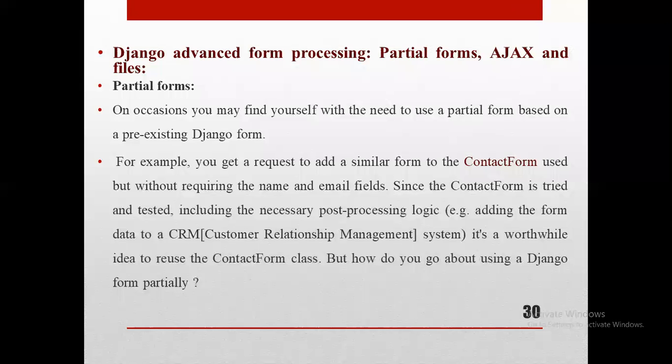Here, Django advanced form processing includes partial forms, Ajax, and files. So, partial forms. In partial forms, you may find yourself needing to use a partial form based on a pre-existing Django form. For example, if you get a request to add a similar form to one you have created already,